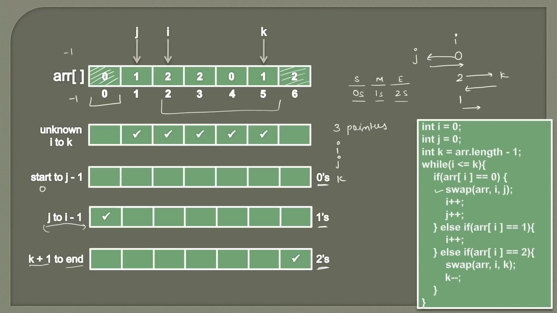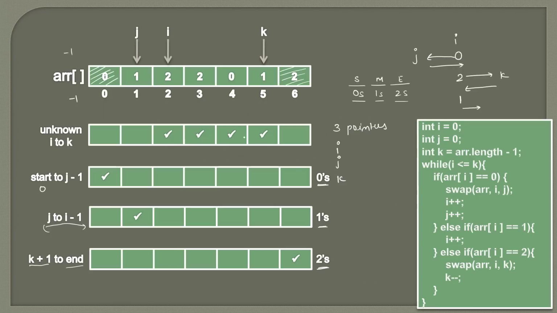we have zeros. So one tick will come here because we have identified 1 zero. So this will go away. It will come here. And also here you can see that from j to I-1, this portion is actually our 1. So now this tick will go away and it will come here. Because we have swapped 0 and 1. So 0 is now at the start, 1 is in the middle and 2 is at the end. And in the middle we have unknown elements. So this is how this algorithm works. Let's see further iterations.